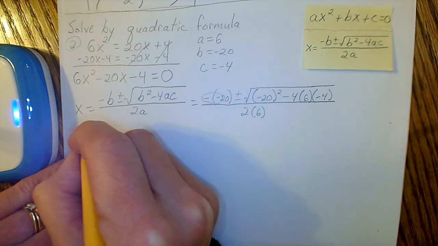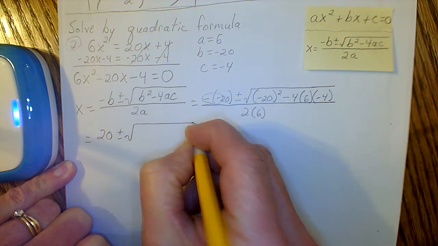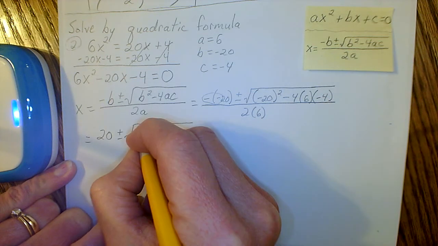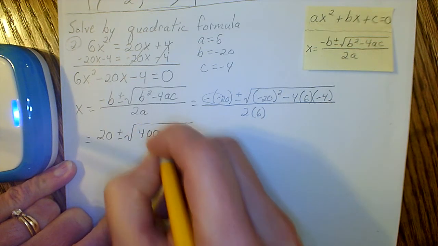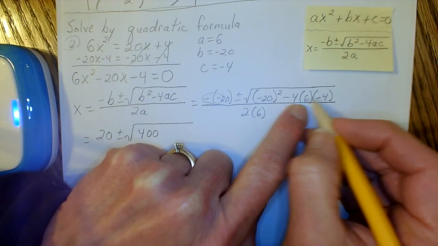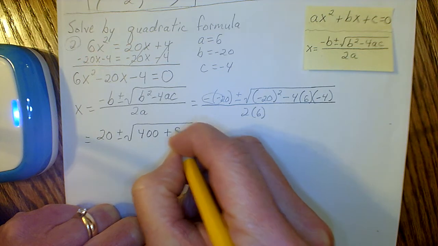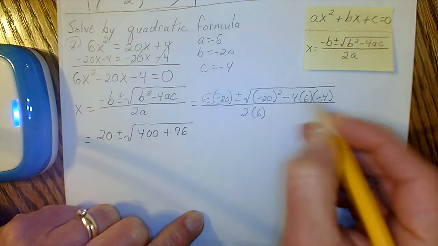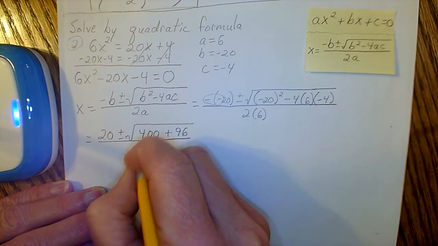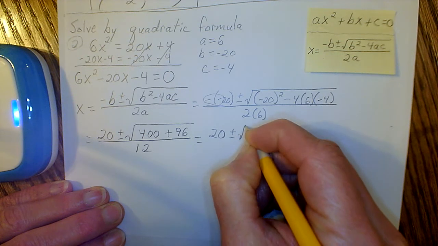The negative becomes a positive 20. So that's equal to 20 plus or minus the square root. When you square a negative number, you end up with a positive, so that will become 20 squared, which is 400. Minus 4 times 6 will give us a negative 24 times a negative 4. So negative times negative makes this part turn positive. Be careful with the signs here. That's another place where people make mistakes. All over 2 times 6, which is 12. So that's going to end up being 20 plus or minus the square root of